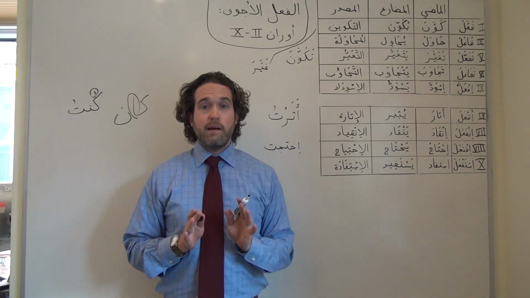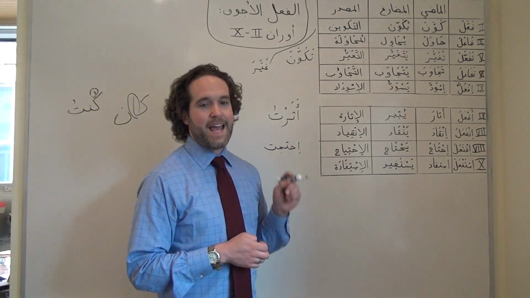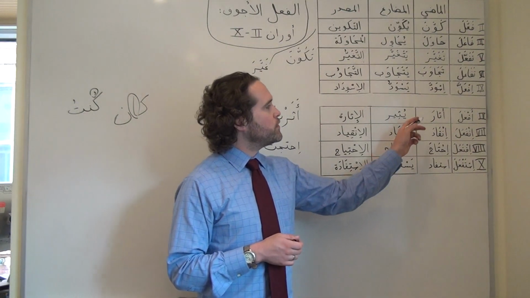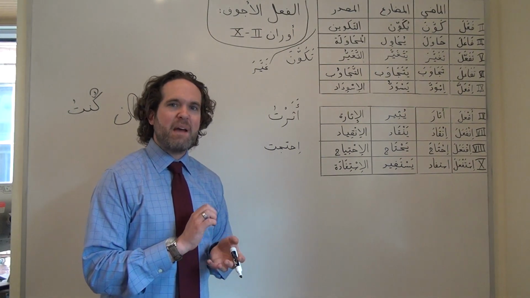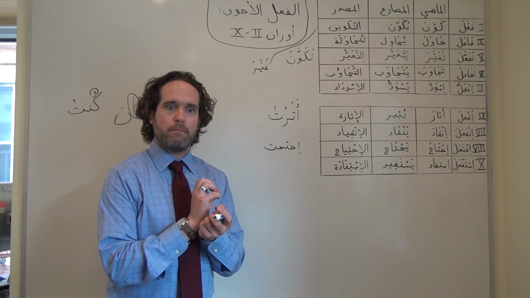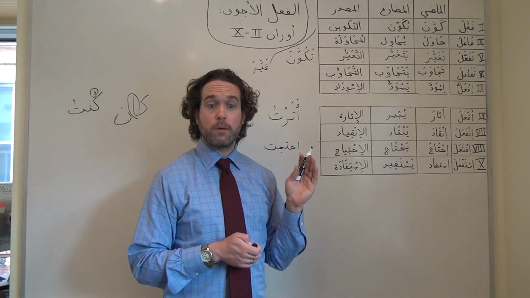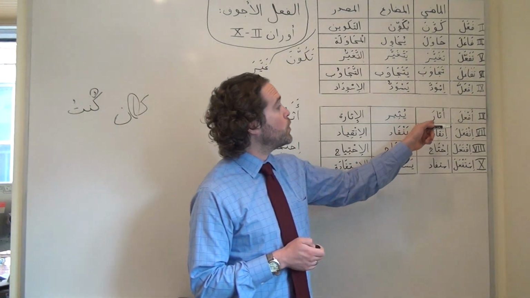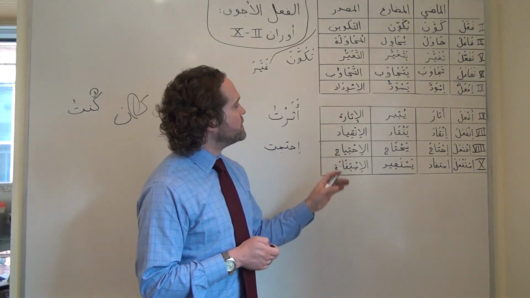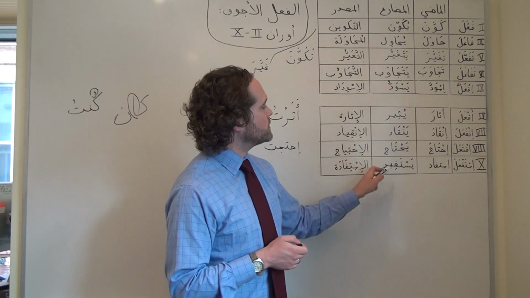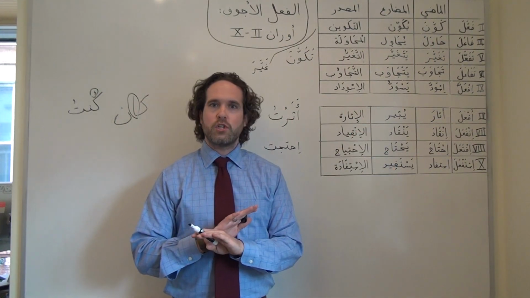Another difference is that in forms 4 and 10, that middle vowel, whether it's actually a waw or a ya in its form 1 pattern in any conjugation, is going to bend to the will of the derived form, as it were. And it's always going to follow a certain very regular pattern. In the third person past, that vowel is always going to be alif, if it's there, unless it disappears under the circumstances we just described. And in the present tense, it's always going to be a ya in form 4 or 10. That's just how things work.